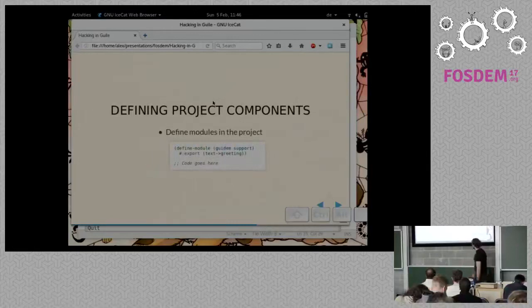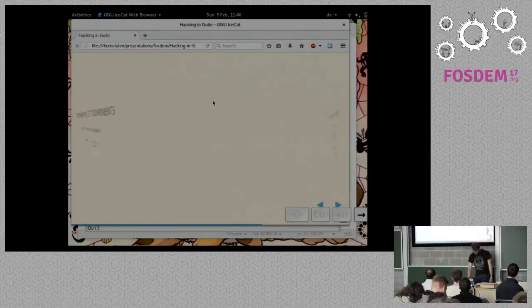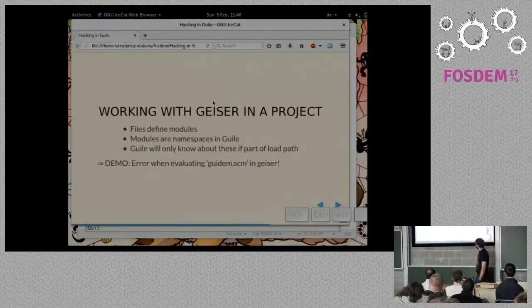And of course, in Guile, you define modules with the define-module form at the top of a module file. It names the module, exports procedures, and defines which modules you're using. And if you have a project with several layers of directories, as you're working on the project in Geiser, you want to be able to use all the procedures that you've defined deeper down in your project. And the way to do that is, well, if you try to do that just normally,